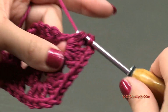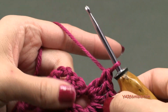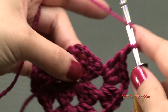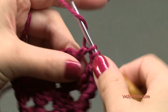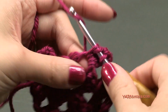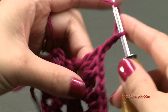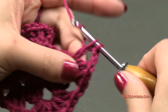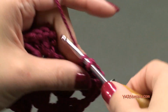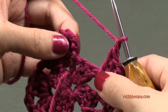1, 2, and 3. Okay. Then, you guessed it, chain 1 and hop to the last corner right here and make our corner stitches. That's 3 double crochets, chain 2, and 3 double crochets, all in that same corner. 1, 2, 3, chain 2, 1, 2, and 3. To finish this round, we are going to chain 1 and slip stitch to the beginning